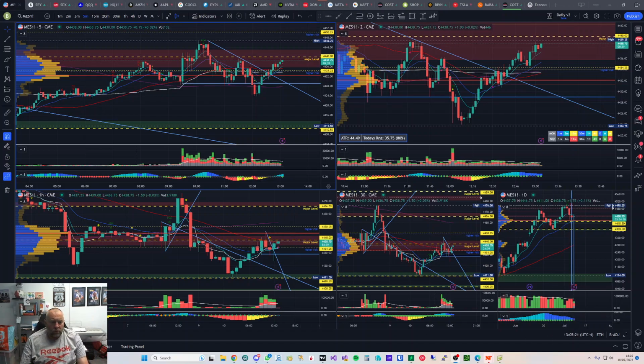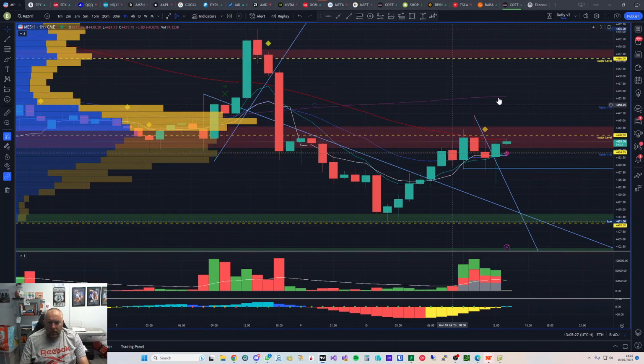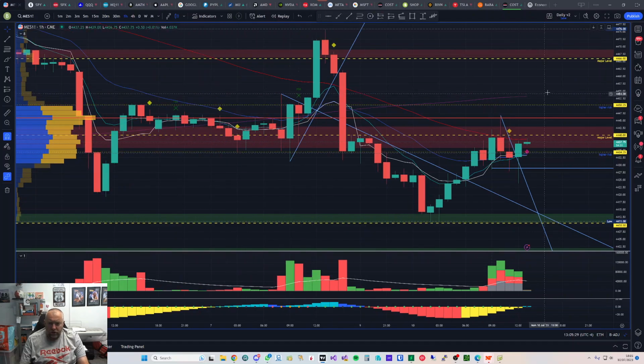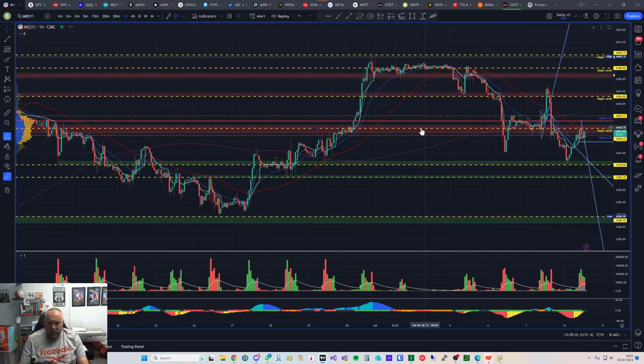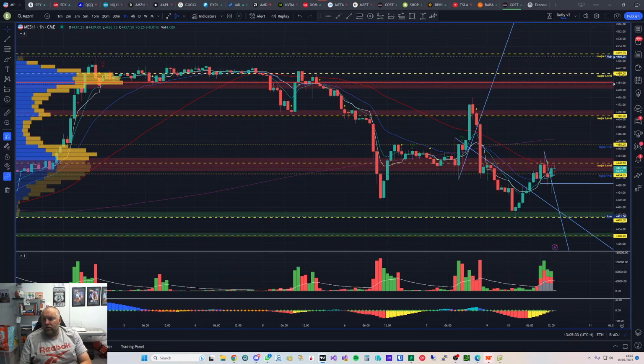On my screen we have the MES chart, which we are going to go into the hourly. It's got a few trend lines drawn up. Let's just resize. Here we go. So the levels today I was watching were